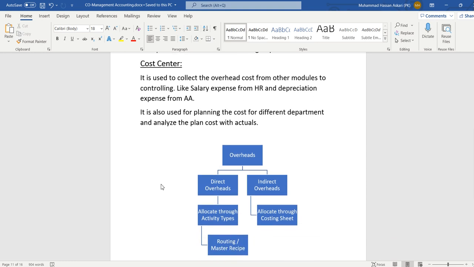So there are two types of overheads. One is direct overhead, another one is indirect overhead. So ultimately all the direct and indirect overhead we are going to allocate to the products. So all the overheads are going to be allocated to our finished goods which we have produced. Direct overheads are allocated to the products using the activity types, but the indirect overheads are going to be allocated to the products using the costing sheet, which we are going to discuss during the creation